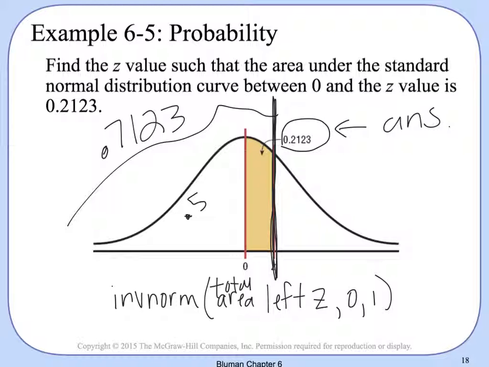The result is 0.56. This is not a percent, okay? So don't change it to a percent. This is the z value. So it says find the z value. So we need to put z equals